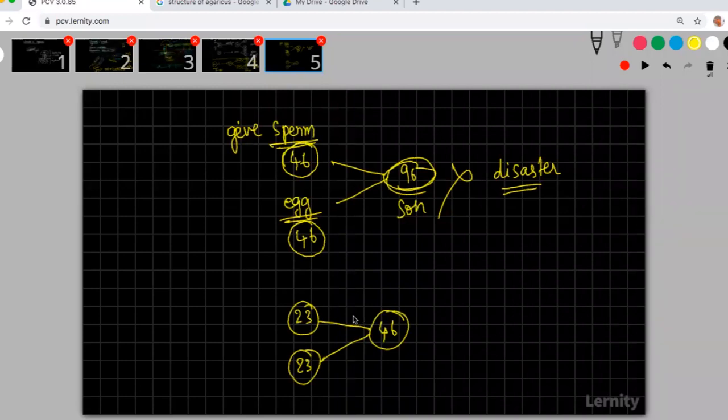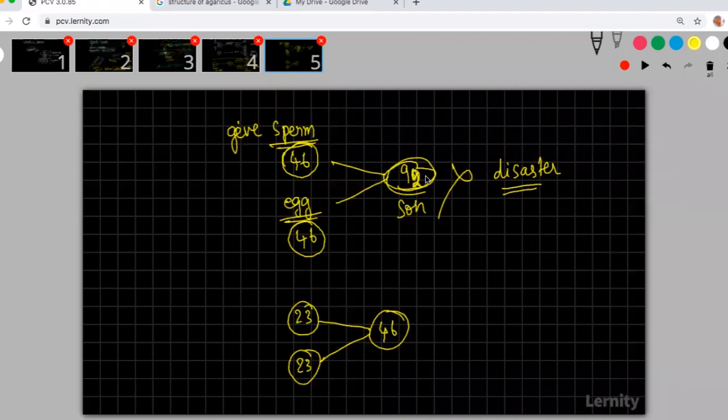Which means the sperm cell and the egg cell should be haploid. The gametes should be haploid. Yeah, 92, I'm sorry. So if I should have 46 chromosomes, my parents should have given me 23,